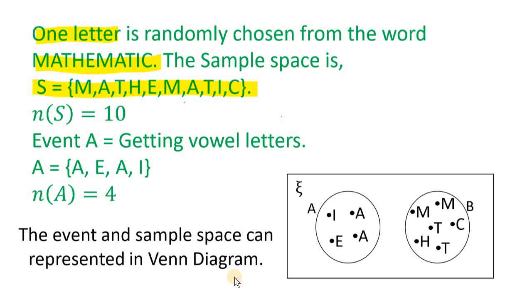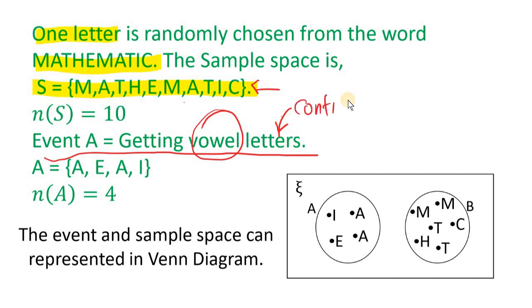So now I have sample space and I want to know how many the letter inside the words can fulfill the condition vowel letter. Okay, so now I want to find events A is getting the vowel letter. So this is the condition. Now my condition is